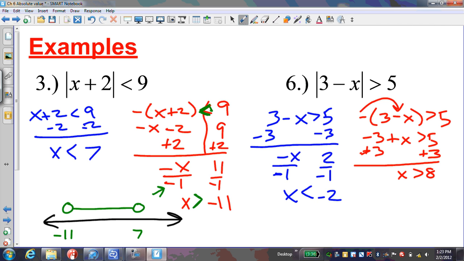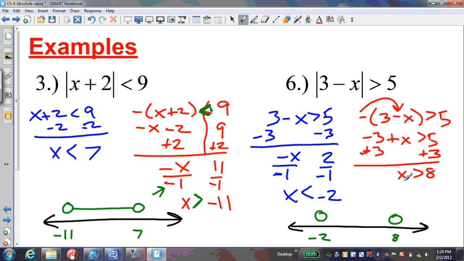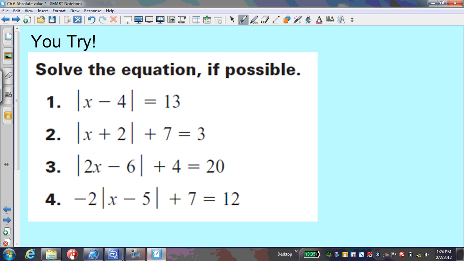Okay, so let's go ahead and graph this on a number line, and we're going to find our two values. I'll do everything in green. We have negative 2 down here, open circle. We have 8 over here, open circle. Now let's look at 8. X is bigger than 8, so bigger means outside. X is less than negative 2 means to the left. So this is very similar to an or statement. And notice we can see that because we're talking about further away. Okay, greater than or statement. So that's what we're looking at there. Okay. Like I said, when we move